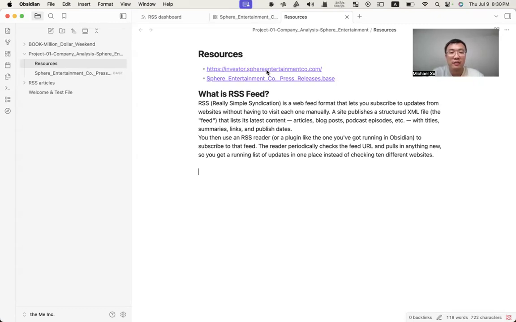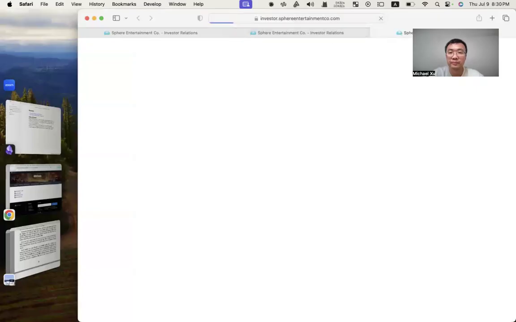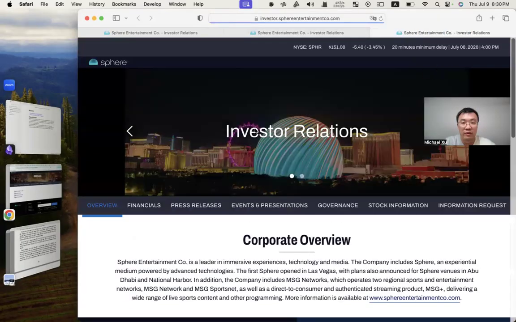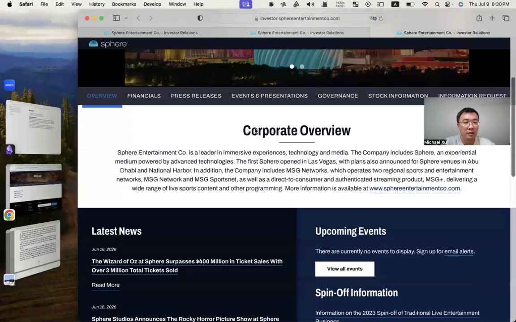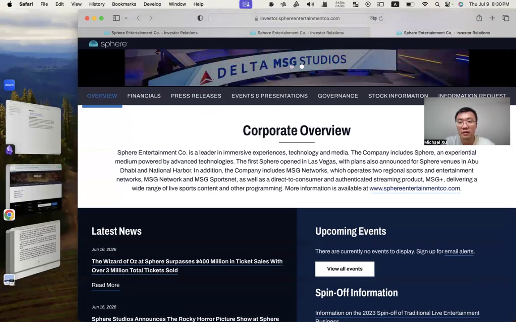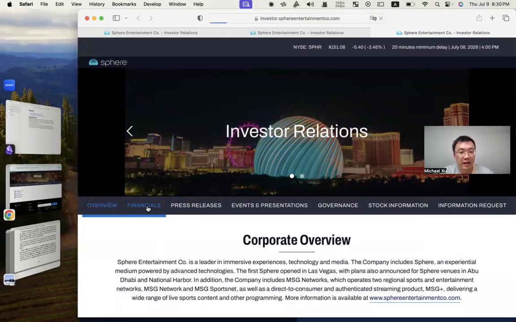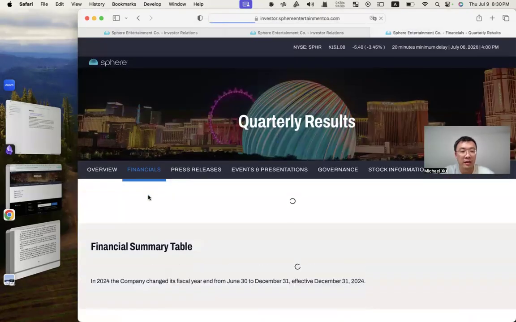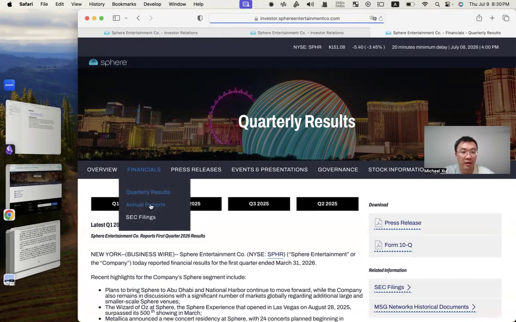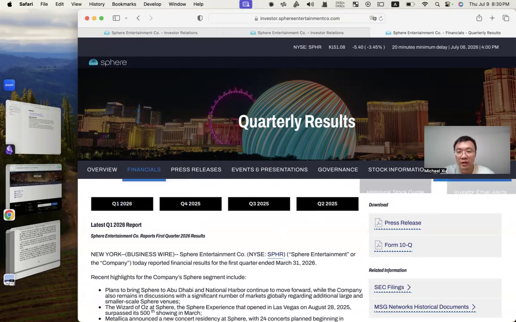What I find is that there are many sources to get information about a stock or a company, one of which is the investor relations website. And let's take a look. I already opened one and another. On investor relations websites, you can find the 10-Q, the 10-K, or the SEC official reports or the annual report. But